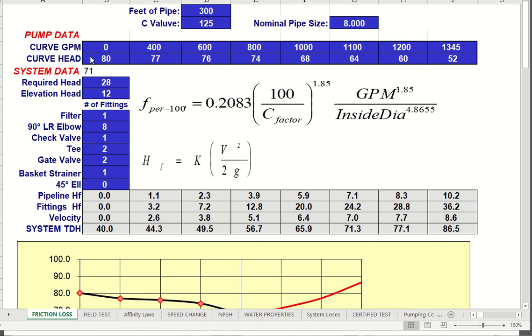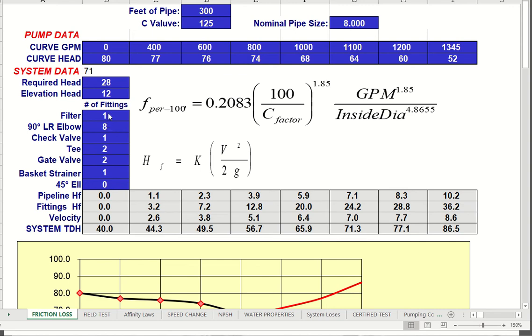pump curve. Now this is the same curve we've been looking at with a design condition of 1000 GPM at 68 feet. So from the curve we got the different flows and the corresponding head at each of those flow rates. We put in a required head of 28 feet, which is roughly 12 psi. Differential elevation's about 12 feet. And then we entered in the approximate number of fittings. If we had an exact number, we could probably get this a little bit closer, but for right now, this